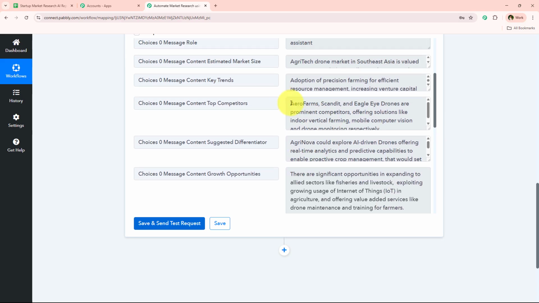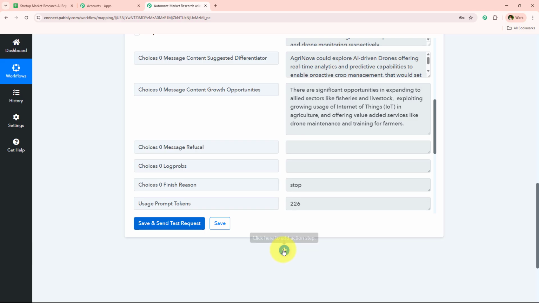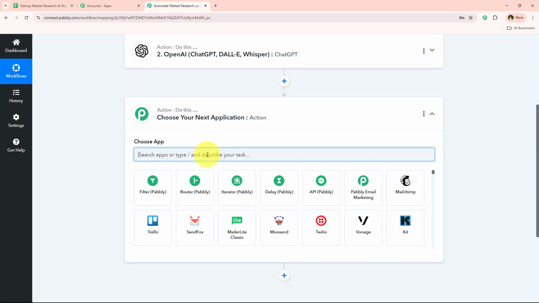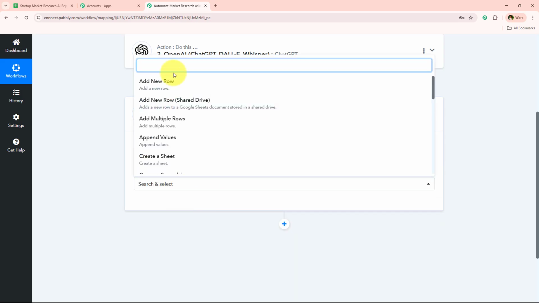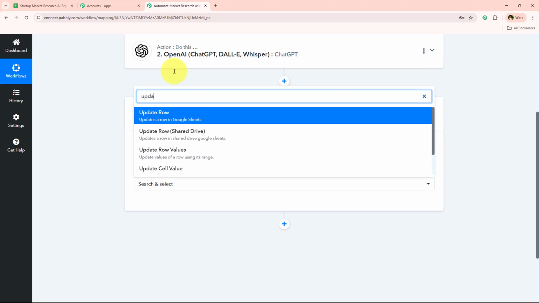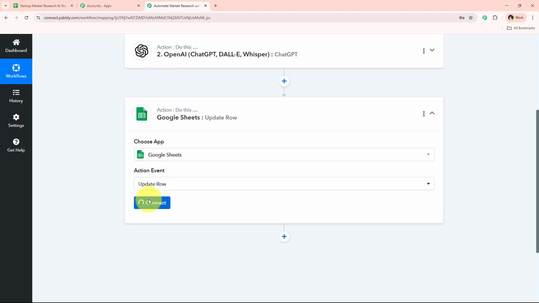And one by one I'm just going to map all of these details into my Google Sheets. For that I'm just going to add another action step, and now for the action application I'm just going to select Google Sheets. So I'm just going to search for it and select it, and now for the action event I'm simply going to select update row, and now I'm just going to move on forward and click on this